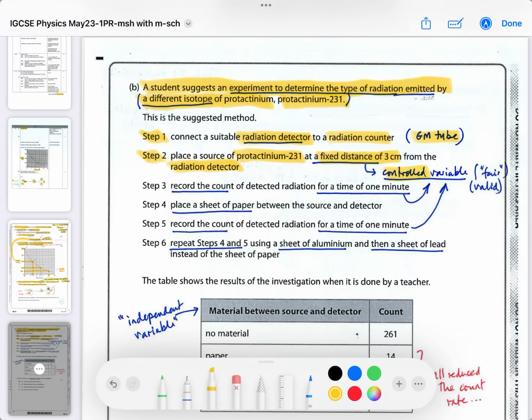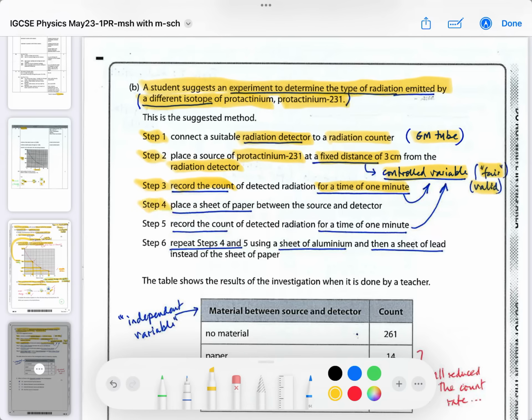and that means they control the distance to make it a valid or fair test, because presumably they're going to do it more than once. So you keep the source at a fixed distance, that's a controlled variable. Step 3, record the count of the detector radiation for a time of 1 minute. Again, another controlled variable to make sure that your period of measuring is long enough to be able to get reliable